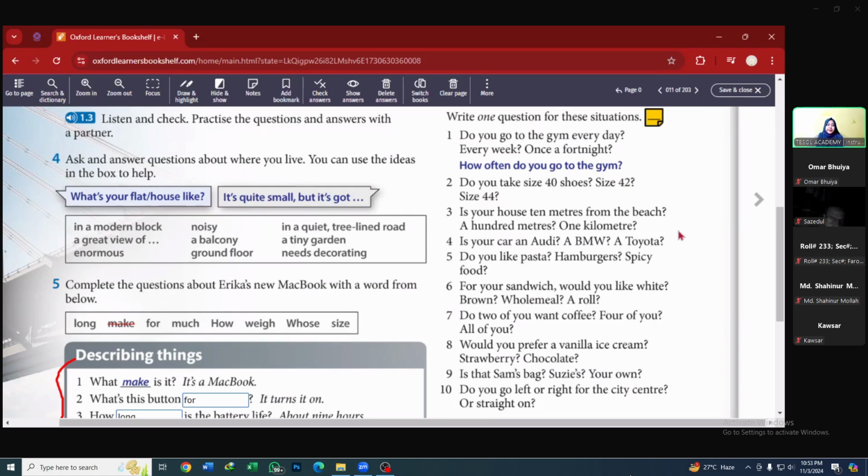So I would like to pair up Mr. Shahinur and Mr. Sajidul and Mr. Farooq and Mr. Kausar. So first, I would like Mr. Sajidul to be asking Mr. Shahinur questions 1 to 5, the questions that we just formed, the single ones, and Mr. Shahinur will be answering them by himself, okay? And next, after this pair is done, Mr. Kausar will be questioning Mr. Farooq from 6 to 10 onwards, okay? Mr. Farooq and Mr. Kausar, you prepare yourself while Mr. Sajidul and Mr. Shahinur are having the conversation, okay? Okay, start Mr. Shahinur and Mr. Sajidul.